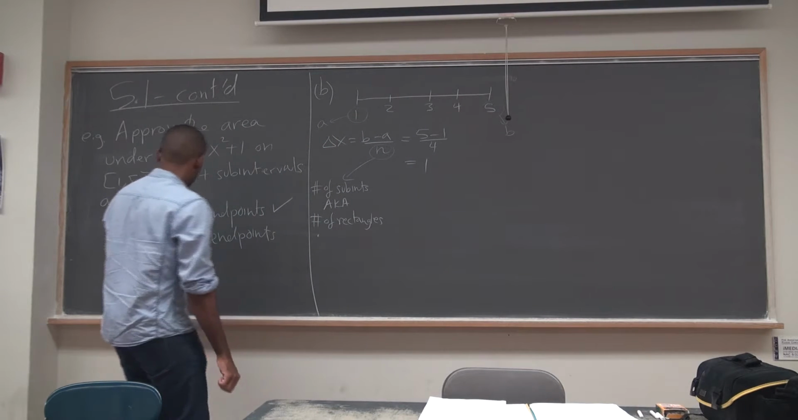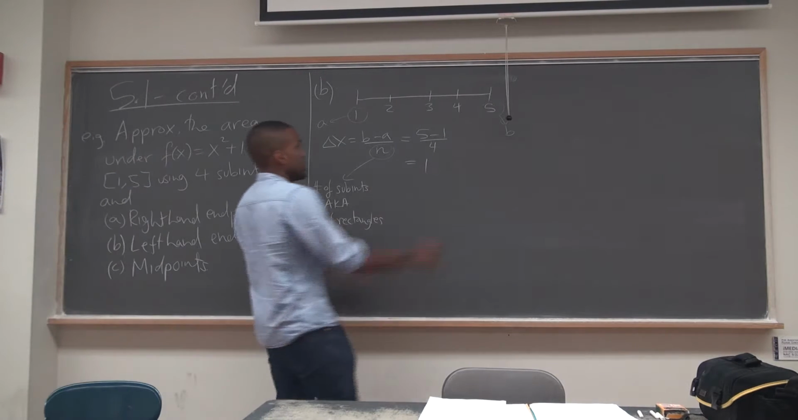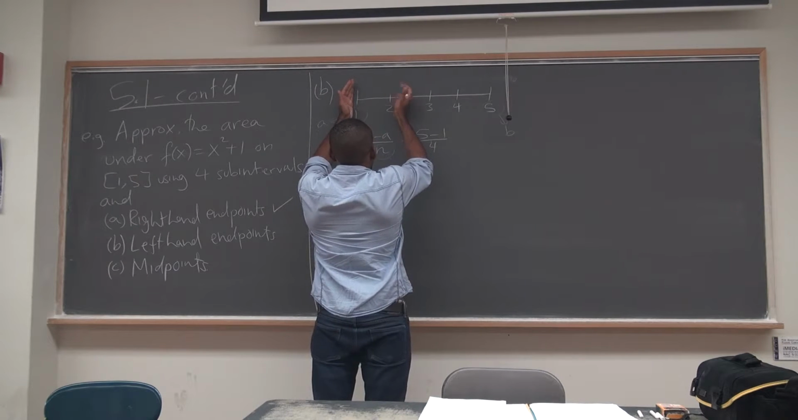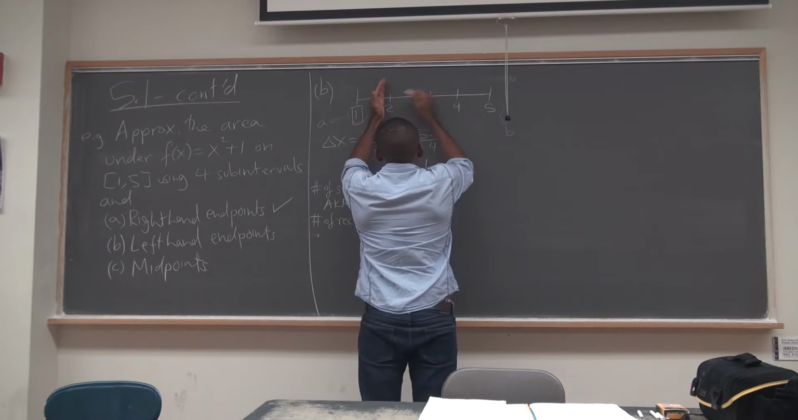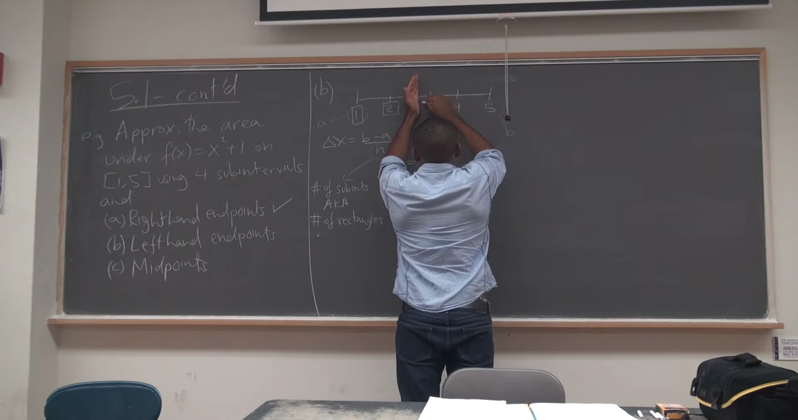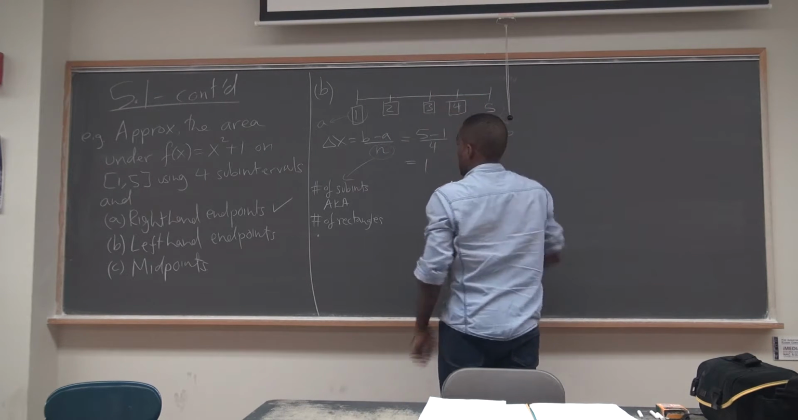And now, because I'm using the left-hand endpoints, what am I going to do? I'm going to look at each interval, and what am I going to pick? The left-hand side, the one that's on the left. So on this interval, I would choose the number 1. On this interval, 2. On this interval, 3. And on this interval, 4. So